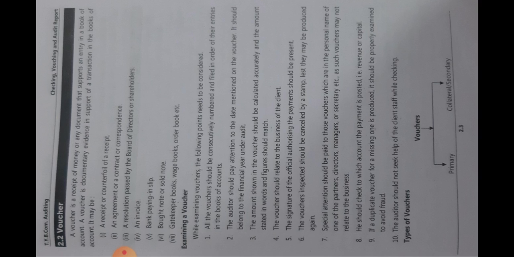So if the company is having some workers working on their shop floor, the wages are paid to them on a daily basis, signature is taken, and if required a revenue stamp is also affixed on the wage book. That wage book also is a voucher. I explained to you about different types of vouchers the auditor may check while performing audit of different functions of the organization.